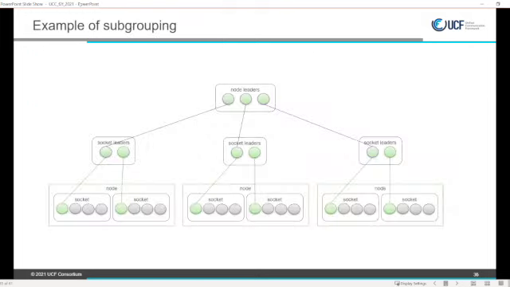Then we can take one process from each subgroup and put them together on a node and call that group socket leaders. Each one of them represents the socket. Then you can take one more process from each of those groups, and they will form yet another group of node leaders. And when you put them that way, you see they form the hierarchy. Now you can use it to implement some algorithms.